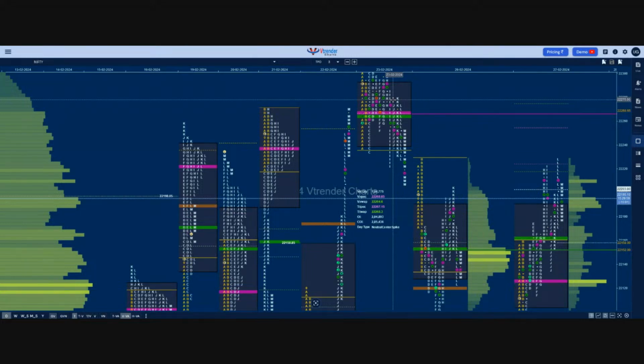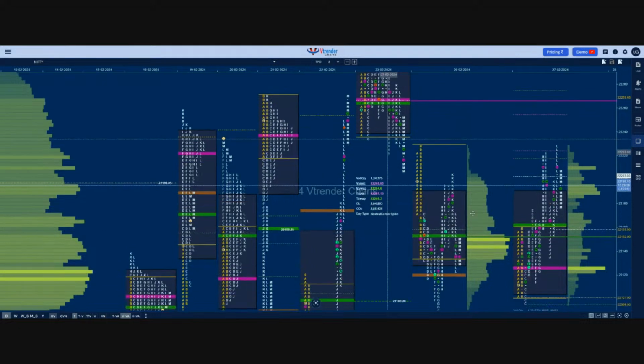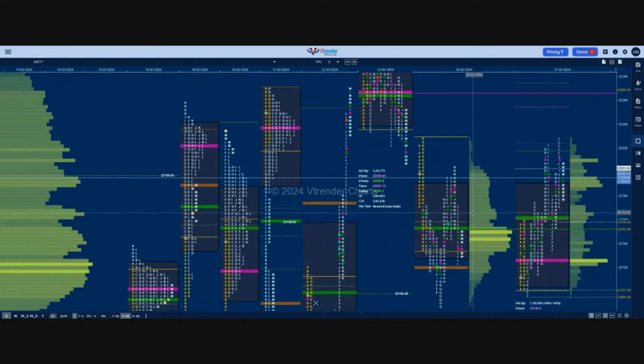And once we get a failed auction, we look for a 180R move to the other side. So that 180R move to the other side was a 22088, which was exactly the low we made yesterday. And today again, yesterday we opened higher and we went on to hit that